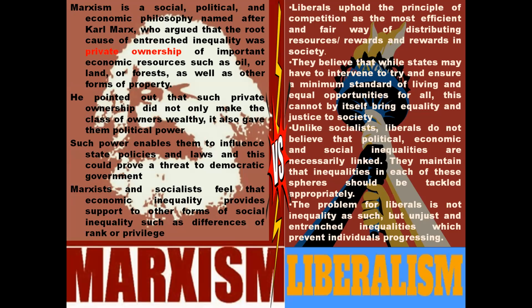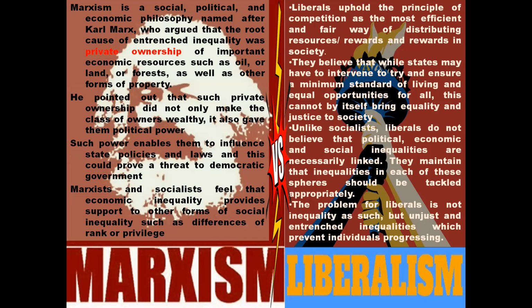These are two political ideologies of our times. Marx was an important 19th century philosopher, who argued that the root cause of inequality was private ownership of important resources such as oil, land, forest, and other forms of property. He emphasized that such private ownership did not only make the class of owners wealthy, it also gave them political